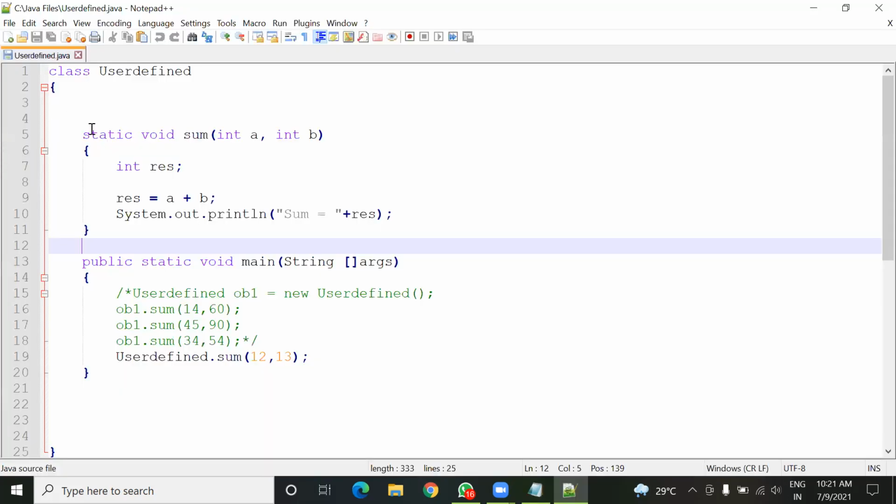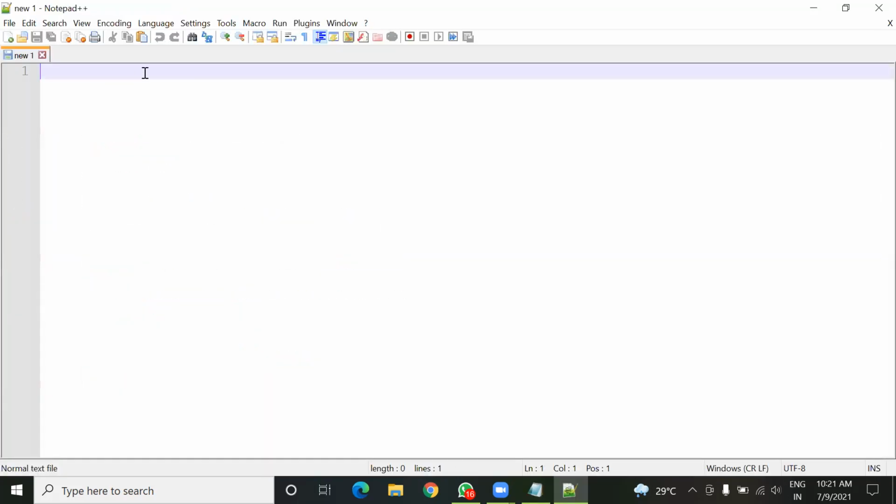So once again, I'm going to open this Notepad++, and here I'm going to create a fresh new program. So just by declaring the class.